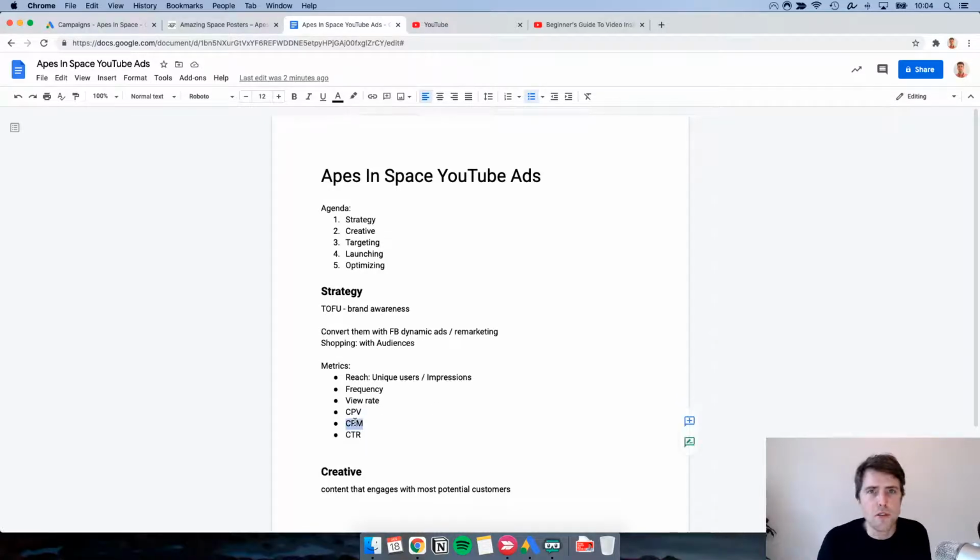CPM basically is a different way to price it. So that's the cost per mil. People like to throw this around like, okay, CPM on Facebook is this much, CPM on the Google Display Network is this much, kind of to compare different platforms, or also different ads, right? So you can compare different campaigns through that. And of course, click-through rate. So that's a short definition.